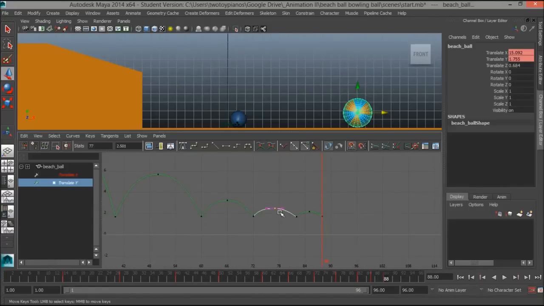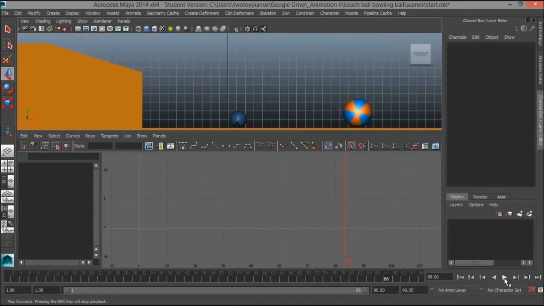So I think I'm going to move this up a little bit. I want to have a greater height on that bounce. Okay, let's play this and see how it looks. Okay, bounces look good, but we need to have the